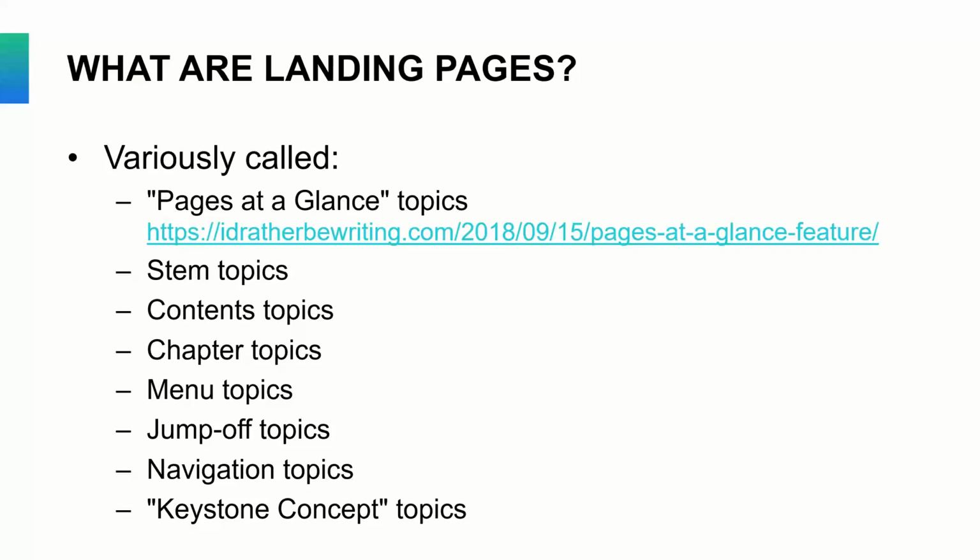They have a variety of different names. I've heard them called contents topics. I've heard them called the dashboard. The home page is an example of a landing page, but I've also heard people talk about STEM topics. I rather like the idea of STEM topics. These are topics that are not the leaves of the tree where you find the real content, but they're pathways